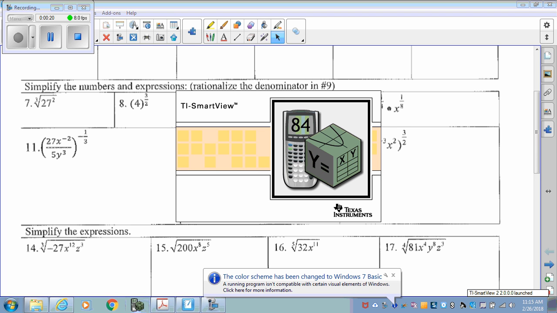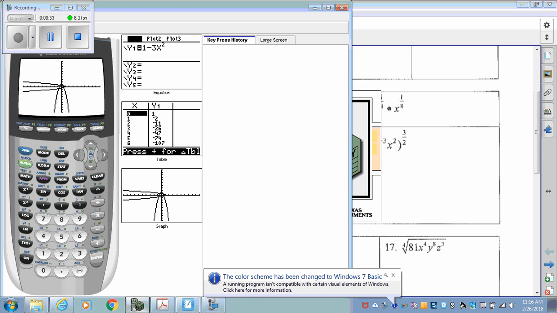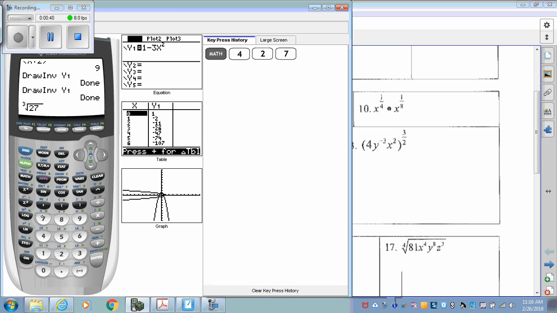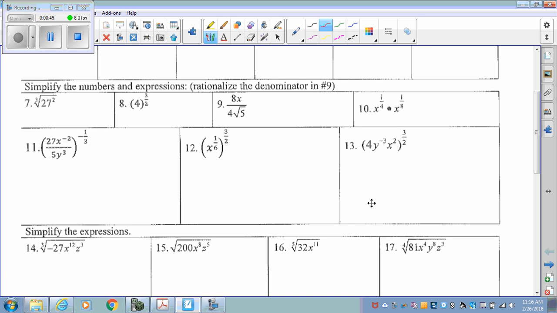Cubed root is math. And then I'll just put in 27 squared. I think math 4 is the cubed root. Alright, so math number 4 is the cubed root. And then I'll just put in 27 squared. Alright, and then I'll hit enter, and that is the number. It's 9. Alright, so if it says to simplify, that means I'm just going to put the number